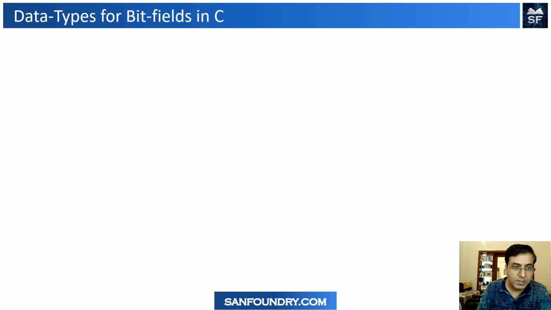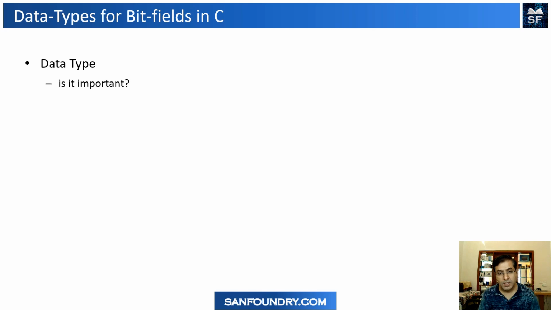So the next one is data types for bit fields in C. I did have some examples which I covered in detail. So is data type important? Definitely, data type is important in any programming implementation, because you have to really choose whether you want a character or a short or an int or a long. So you want 1 byte, 2 byte, 4 byte, and 8